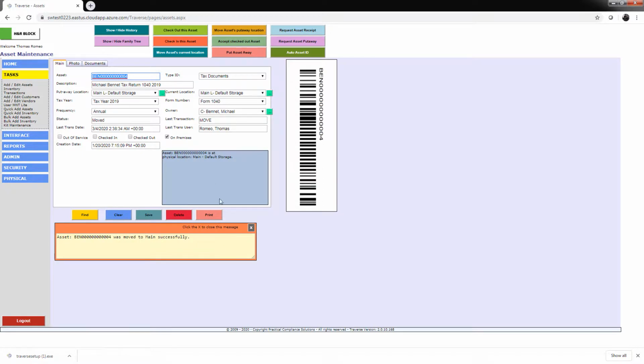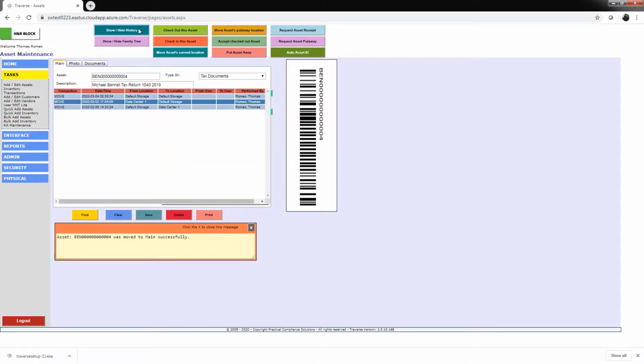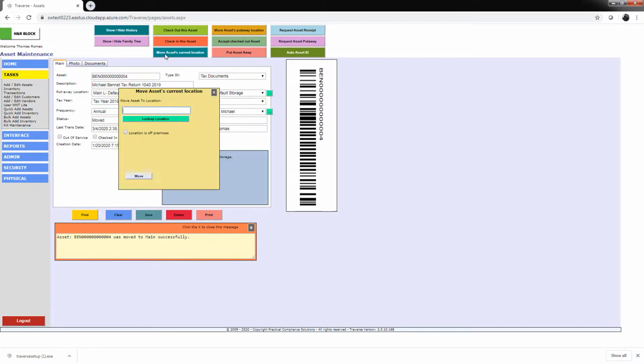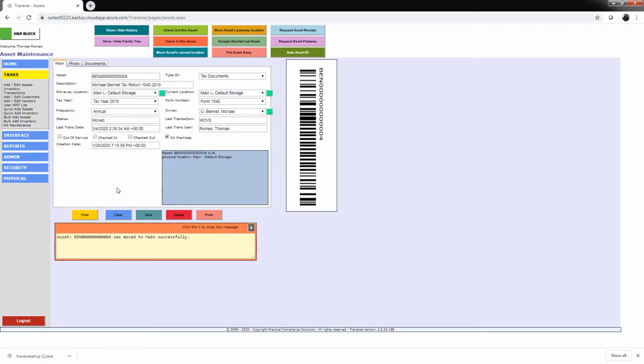And now the asset is moved. If I show the history, there's the move transaction. So by scanning once the focus is here in this box, by scanning, the enter actually executed the move transaction. So that's it. Now, if you're upgrading Traverse, and this is the first time you're going to see these new